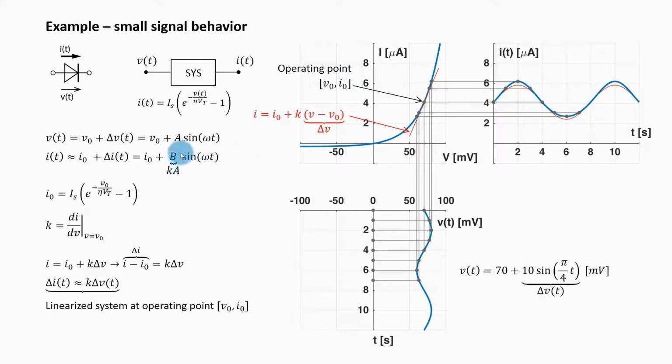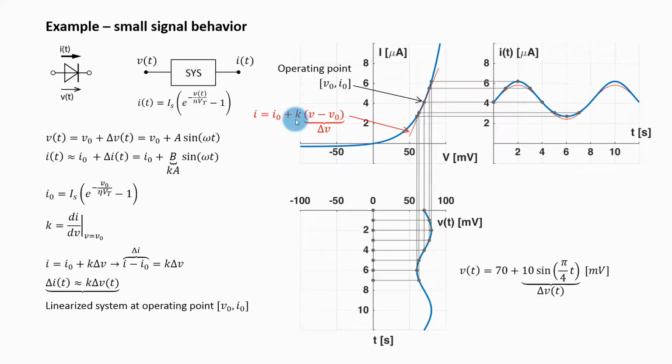Now, what about this amplitude? To find this amplitude, I will approximate this current voltage characteristic of my diode with a straight line that is tangent to the current voltage characteristic, ideally somewhere in the middle of the range of my input. In the middle is the operating point, so I will make this straight line tangent to the current voltage characteristic at the operating point. This red line will have this equation where this k is a constant that will determine